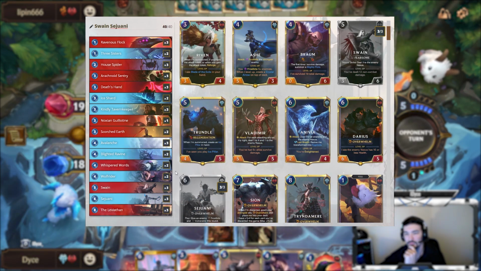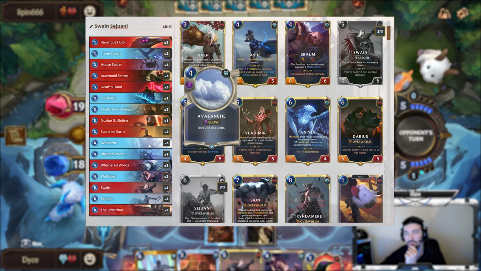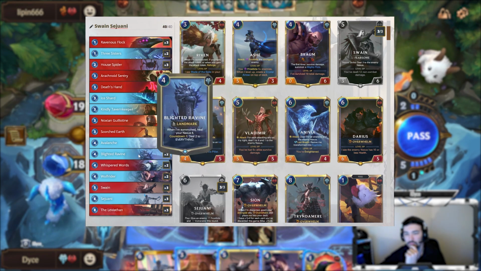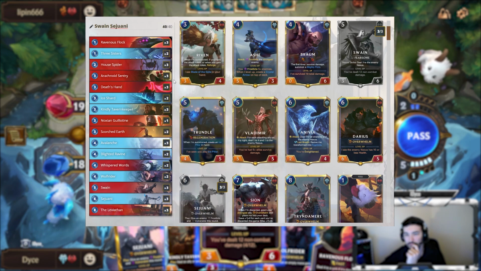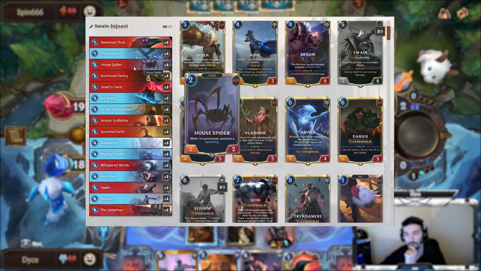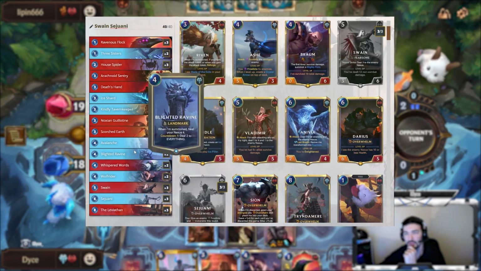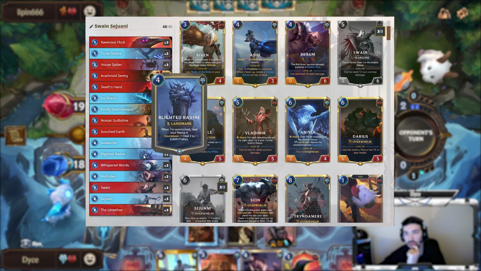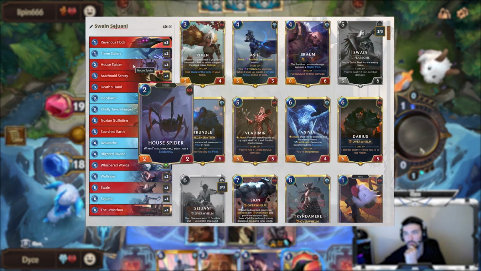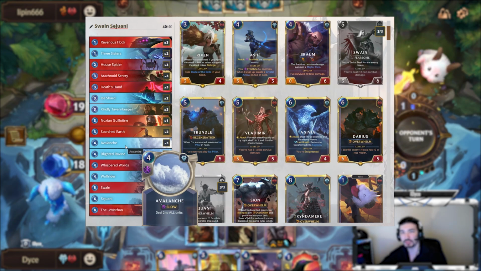And then because I was playing against a lot of aggro, you are able to tech in some cards because of the regions like Avalanche and Blighted Ravine, which are really good control tools to wipe the board. It's kind of anti-synergy with House Spider, but I like to have both, partly because if you get too greedy with Avalanches and Ravines, you can really lose the game because of it. So I like with House Spiders that you can be a bit more greedy,